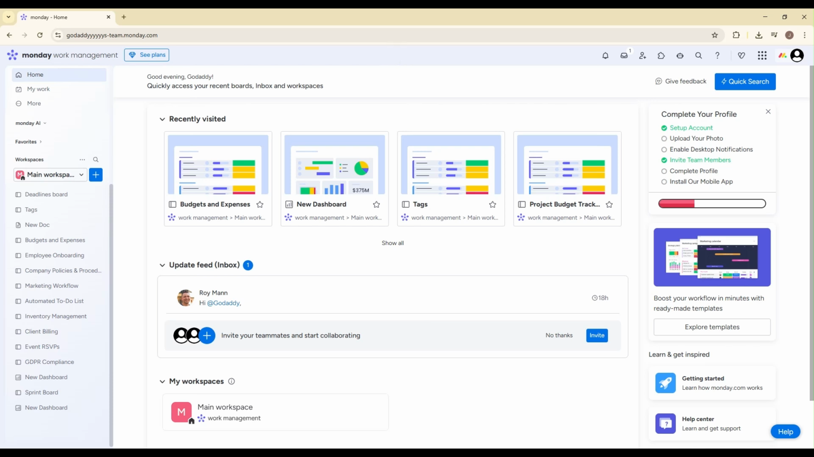In today's video, I'm going to show you exactly how to create and manage company policies and procedures on Monday.com so your entire organization can stay organized, compliant, and up to date in one central place. Whether you're managing HR documents, IT security policies, or operational procedures, this setup will give you structure, visibility, and built-in